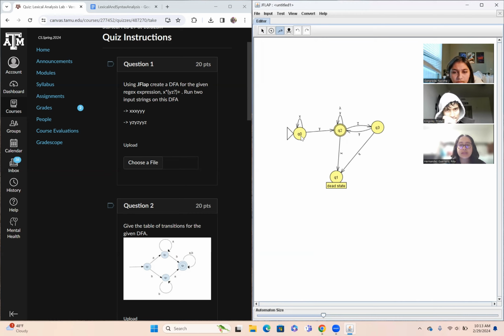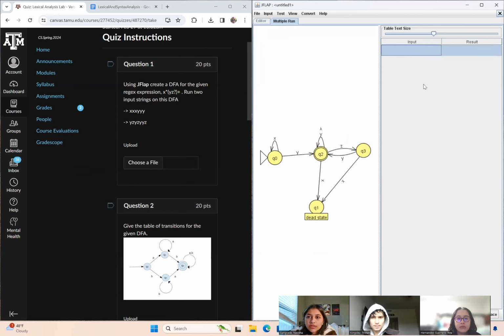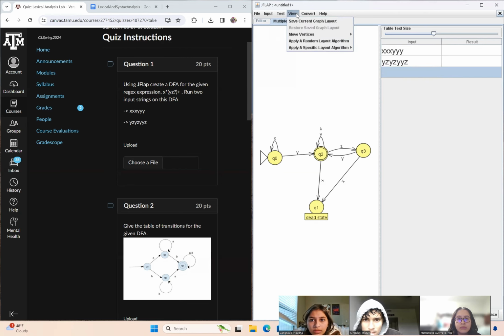I think there's a way to like run it, right? To check when you put it in? Yeah, you do. Does it just tell you the end state that it ends up at? It just tells you if it's accepted or rejected. So you just do like YZ. Oh, see. And then you just